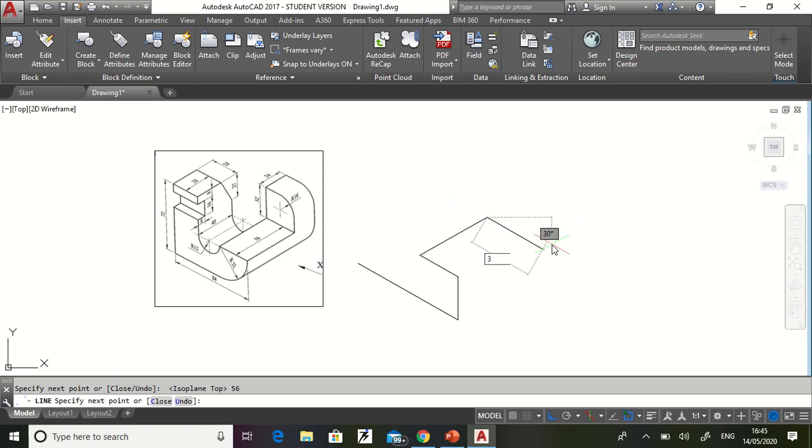Come again in front by 32 and again by 56. So this profile is done. Now see, we do not require this line, but in place of this we require one. The circles we will draw later on because our topic is circle.